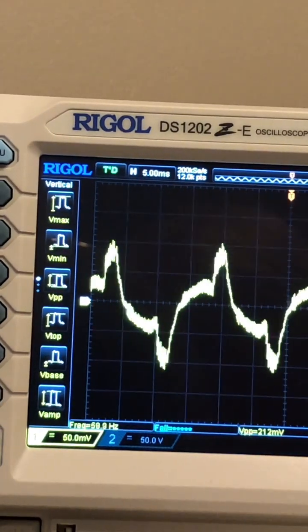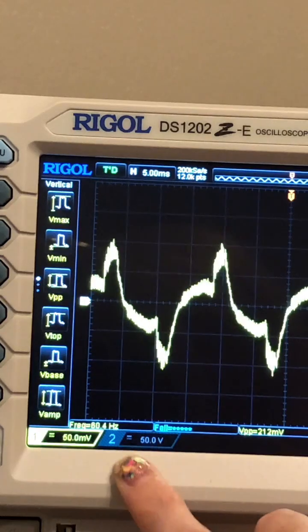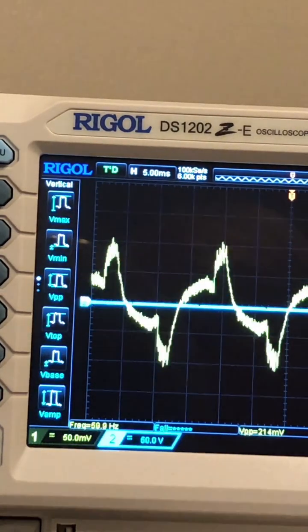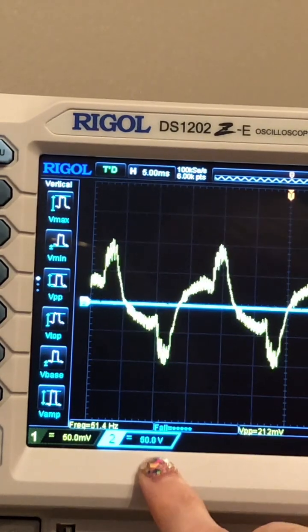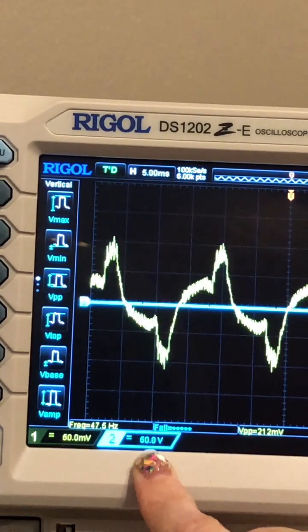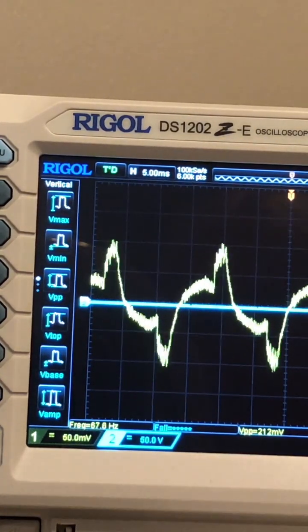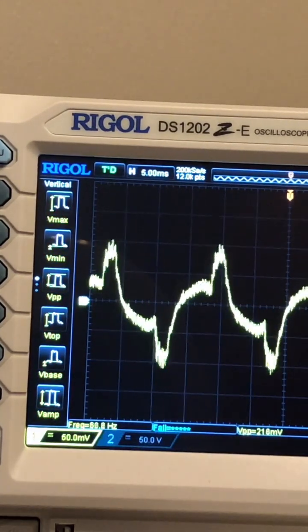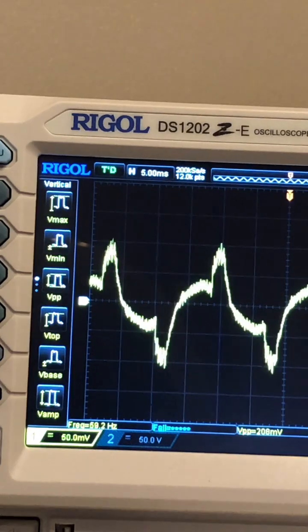So right now it's grayed out because I don't have anything on there, but if you select channel 2, then it's gonna transition to channel 2, and then you can use the vertical scale to change it, but I'm not using that because I don't have it. Okay, next up is